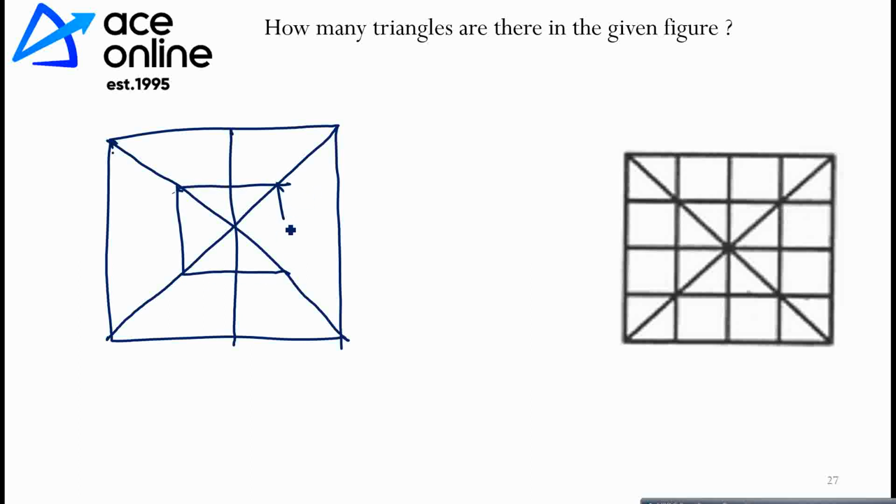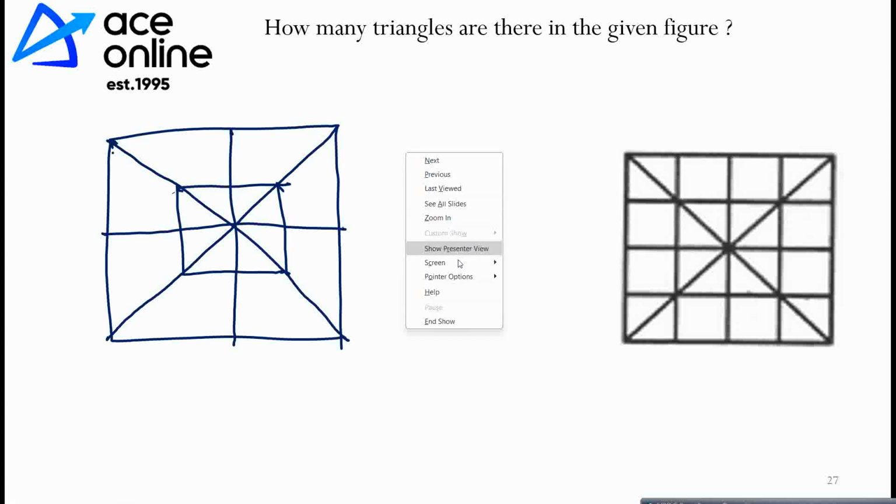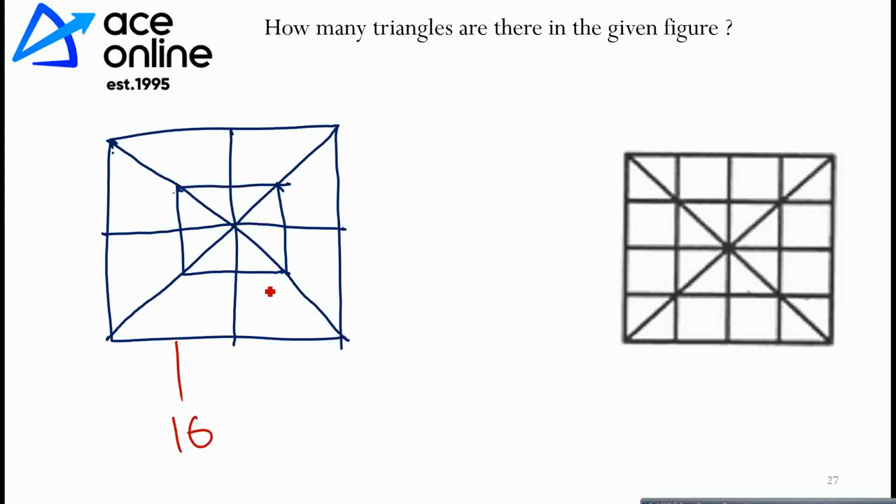So this one we completed. How many triangles in this shape? I think we are done with this shape already. 32. This shape completed or not? 32 you said. What is the 32? Internally 16, externally 16. If you clearly observe, in the right side diagram also